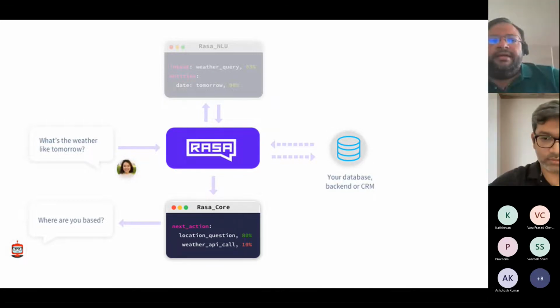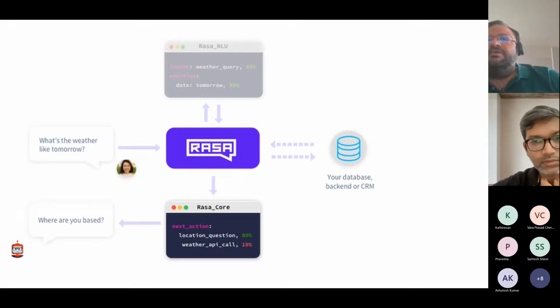So it keeps on filling these slots. It has identified a weather query, right? And for a weather query, it has definite entities which it looks for before answering the question. So you have provided it the date entity, which is tomorrow, but you have not provided the location entity, which it needs to query the weather API, which is the database.